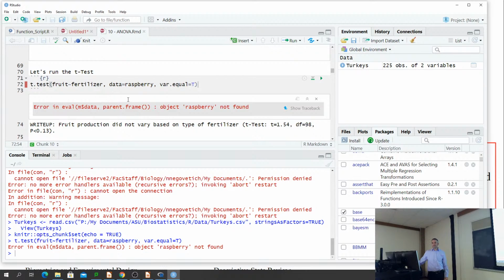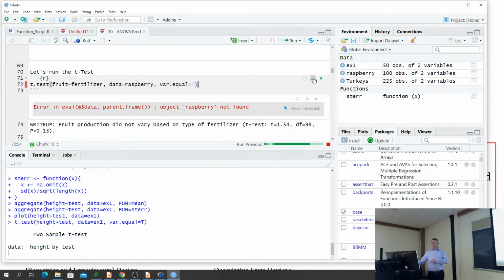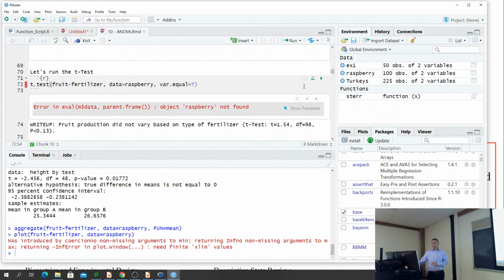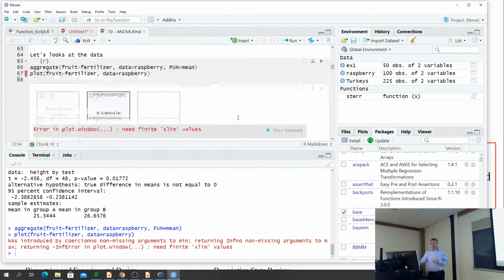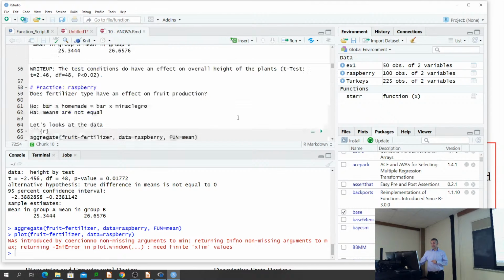Let's say I start as a grad student, I close down for the night, come back the next day. I want to get back to this point. In the chunk, I can run all chunks above. And since I had the code that got me the data set, imported the data set, everything's going to run. Now, here's the problem with this, is that we have had a